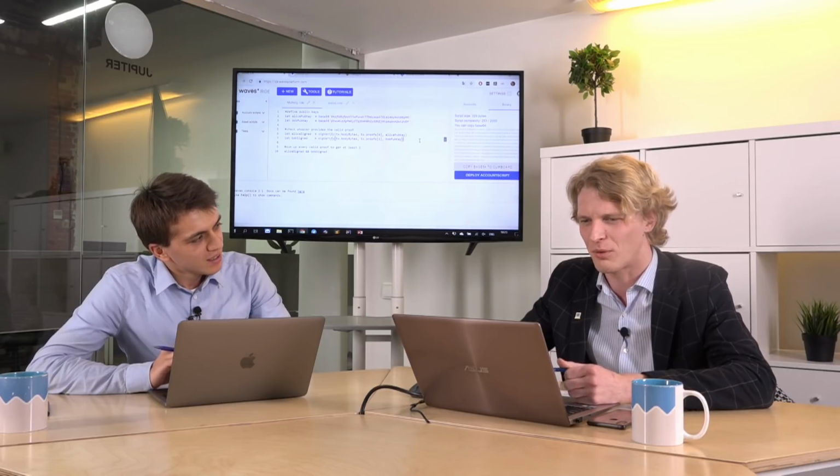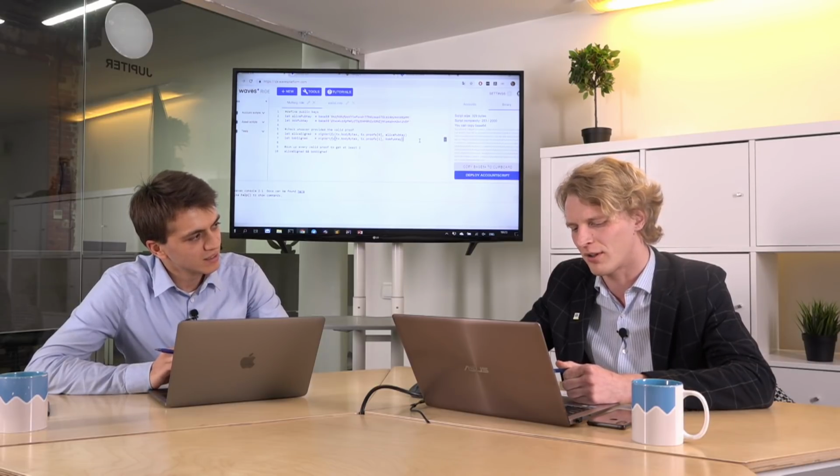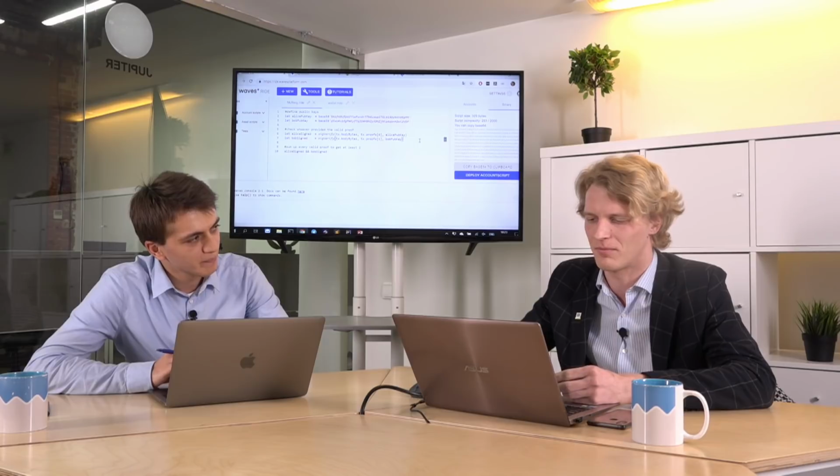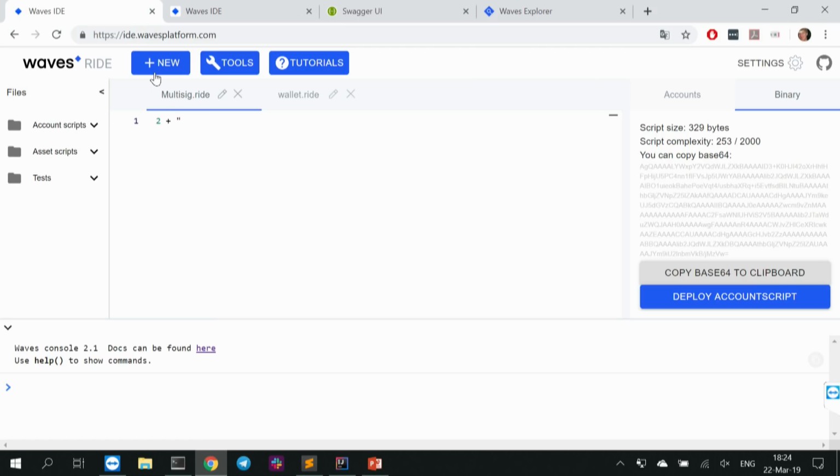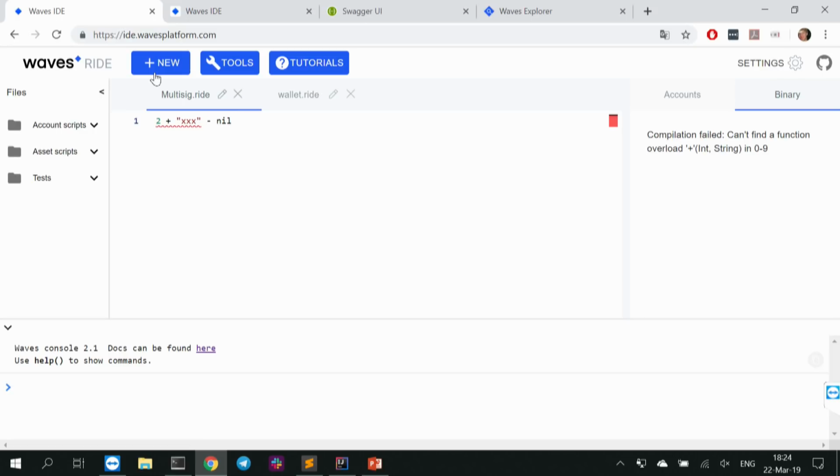Well, for developer friendliness, there are standard things in modern software languages, like they should be at least type safe, for example. It's a bad idea when you can do 2 plus XXX and minus, I don't know, nil or whatever. It's a bad idea.